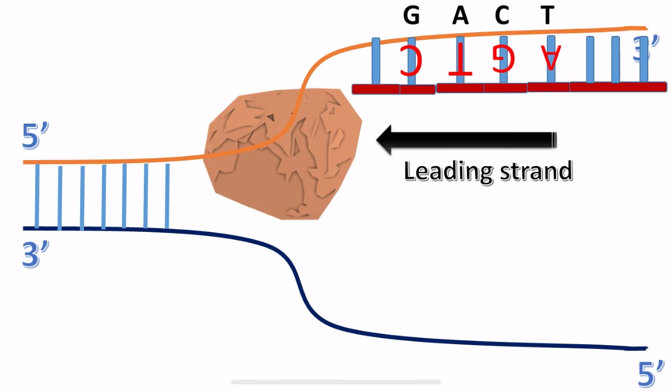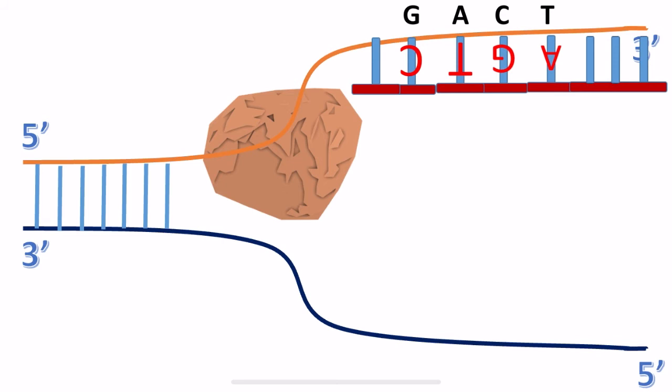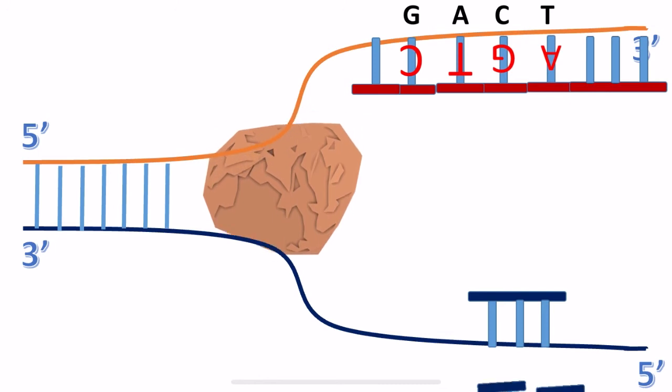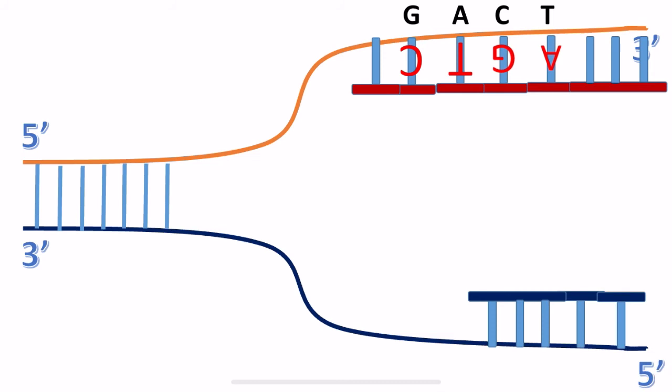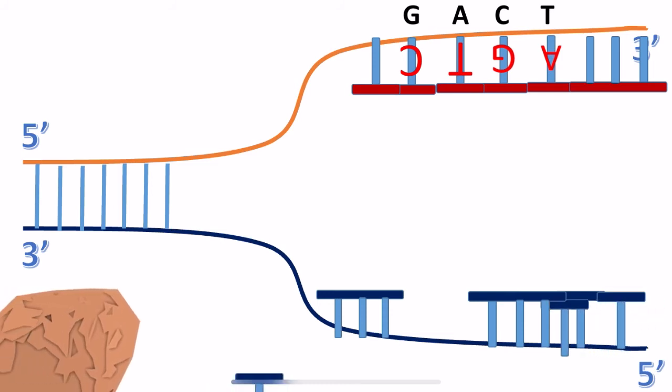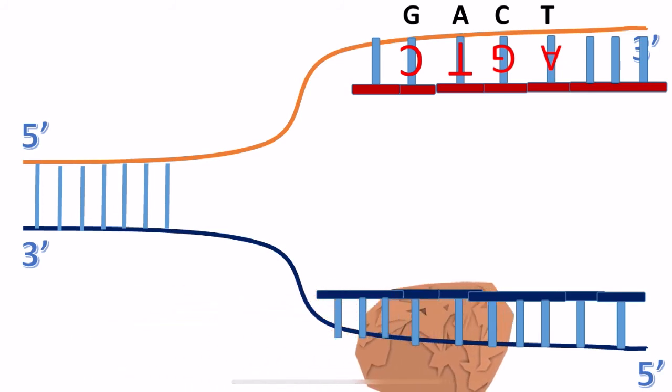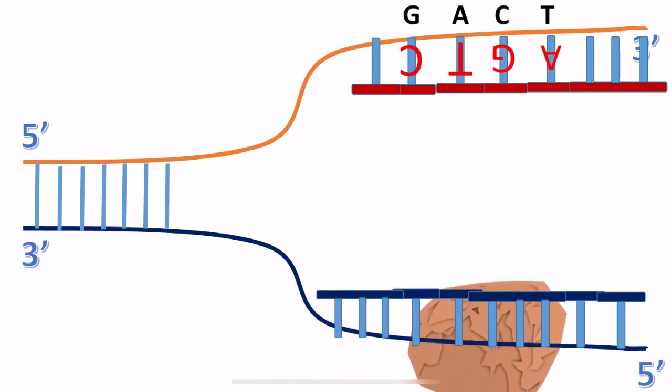And this strand from 5' to 3' direction on one side is called the leading strand. On the other hand, the DNA polymerase will also form the bonding on the lower side, where after bonding the primer, the other nucleotides can be bound. But here the primer is required at each segment, because as the DNA strand opens up, a new primer will be required and nucleotides will be joined further, and every time the polymerase enzyme will help over here.